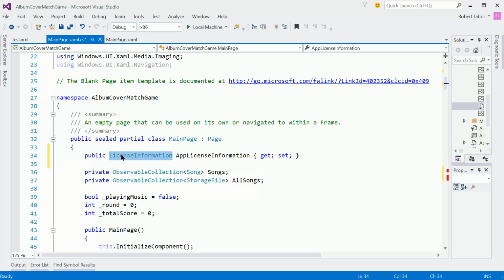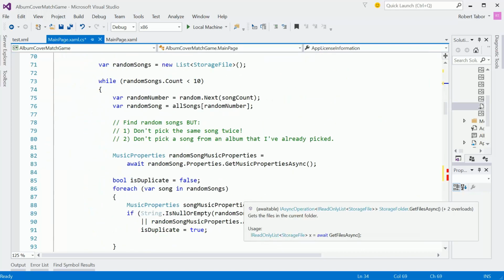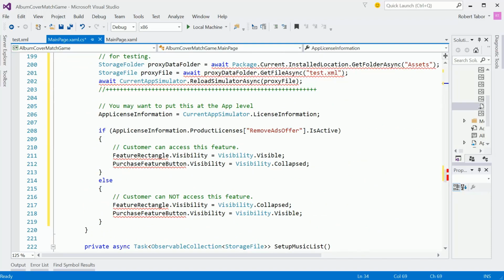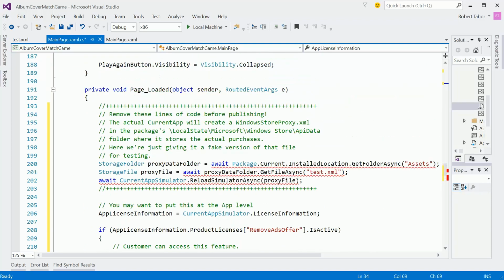License information object. It's of type windows.applicationmodel.store.license information, and I named it app license information and just let the default getters and setters leave them where they are. Okay. Now you can see that I'm getting red squigglies because of the fact that this should have an async keyword there in the